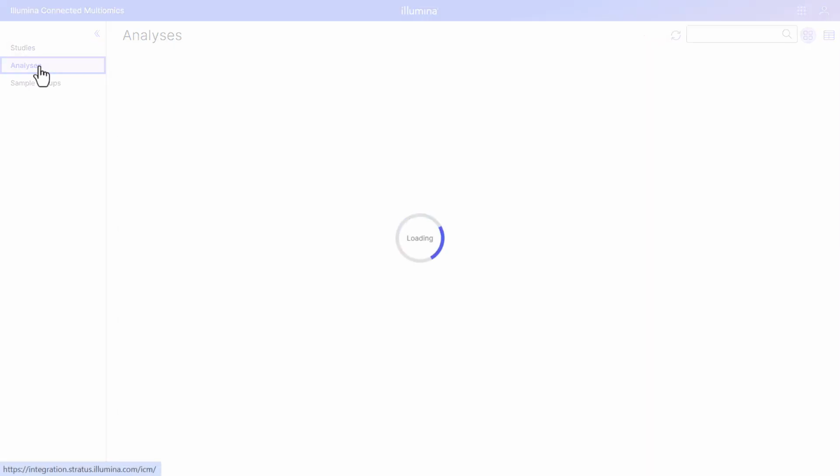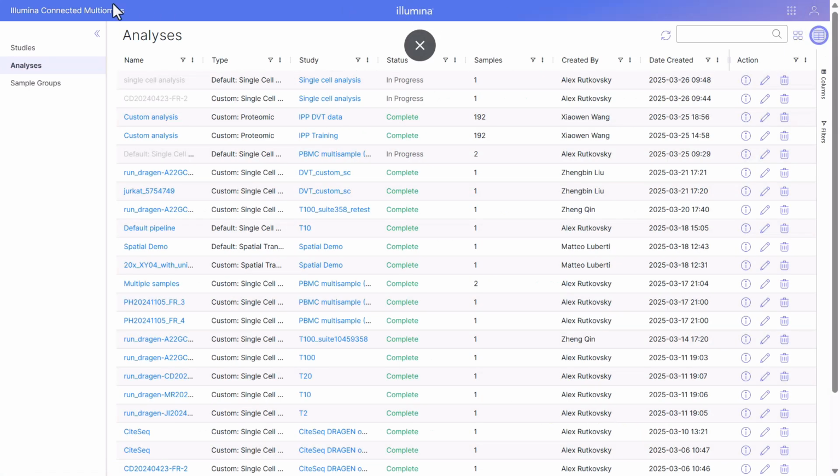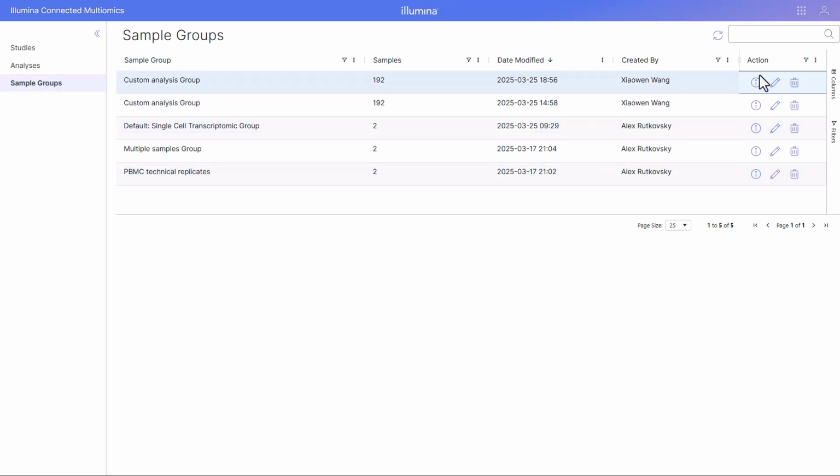If we click Analyses, we can see this the same way. We can see all of the analyses that are being performed in Illumina Connected Multiomics as a card view or as a list view. We can also see all of the sample groups, and we see them listed here, including the number of samples and the modification date as well as other information. We can take action on these sample groups here by editing or deleting, and we can go ahead and open